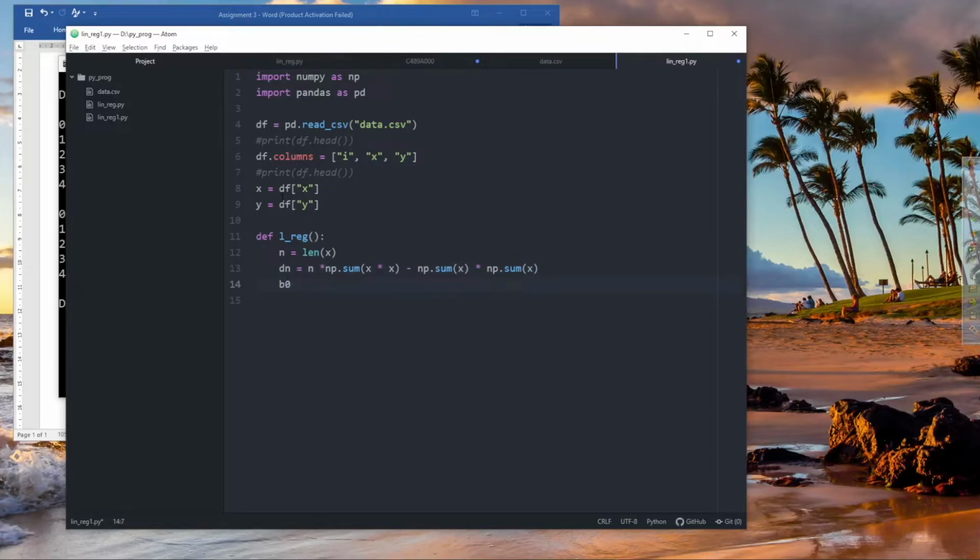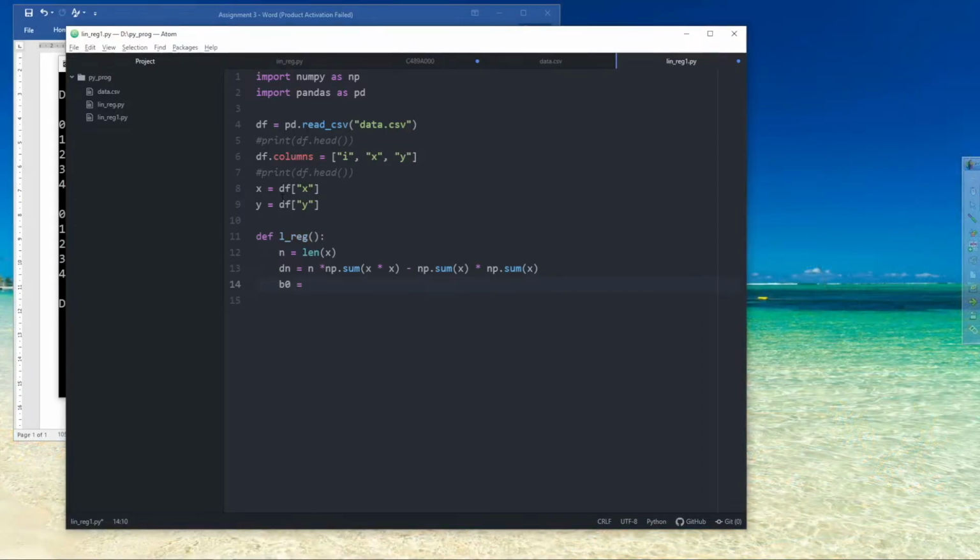Then we can have b0, or a, whatever you call it. That will be summation y multiplied by summation x square. So np dot sum y multiplied by np dot sum x square, minus np dot sum of x multiplied by np dot sum of y. That whole will be divided by the denominator. Then we can have b1 as equal to np dot, this is n multiplied by